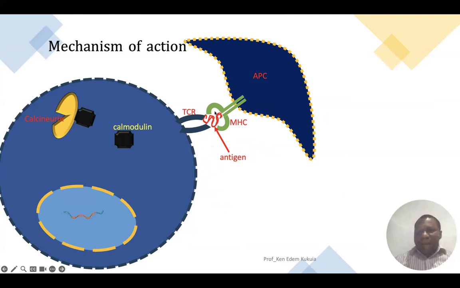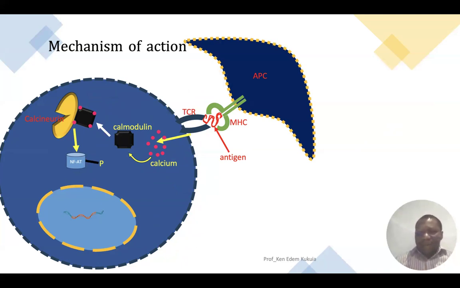Now, this interaction would cause the release of calcium, or calcium influx. The calcium that has been released would then bind to calmodulin to form a complex, and then that calcium calmodulin complex would then bind to calcineurin. The calcineurin calcium calmodulin complex would then activate nuclear factor of activated T cells, which is a